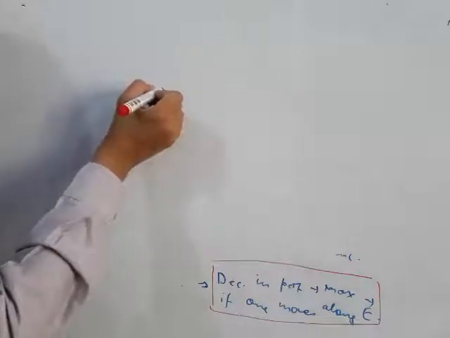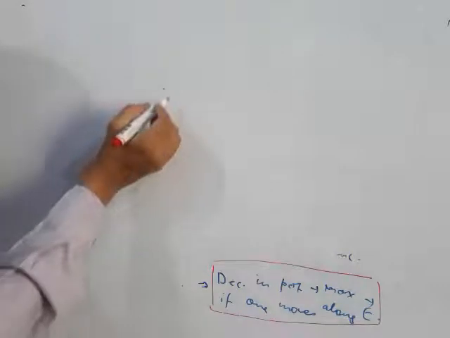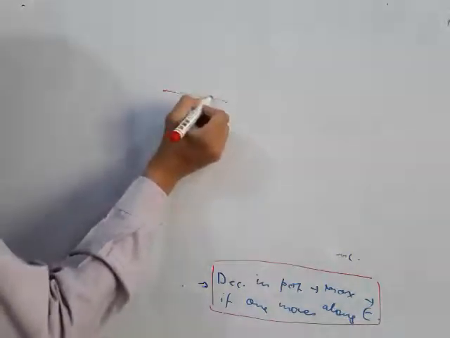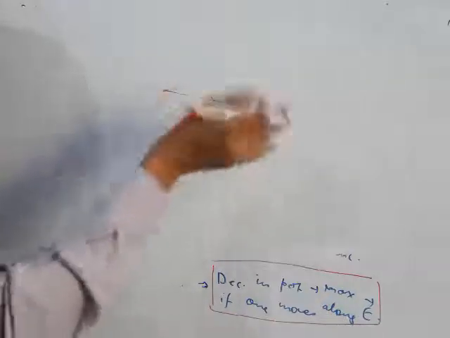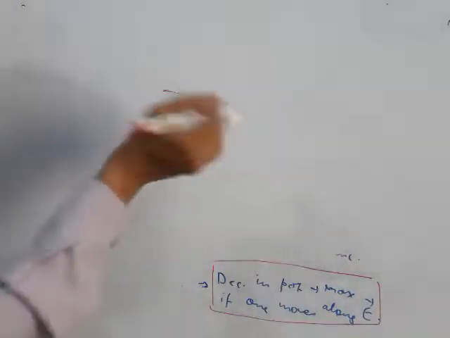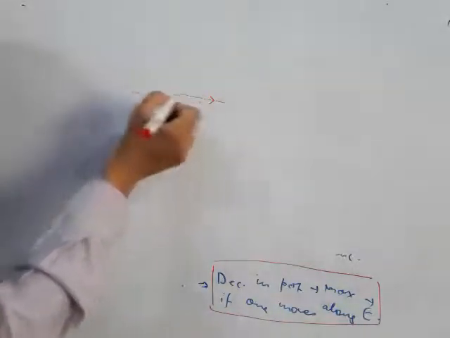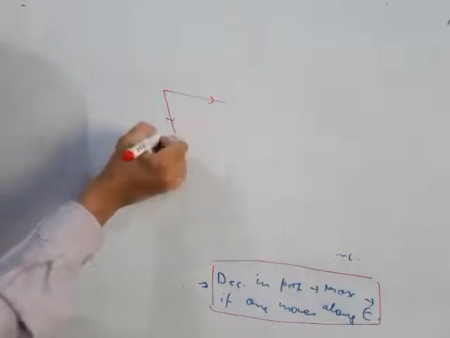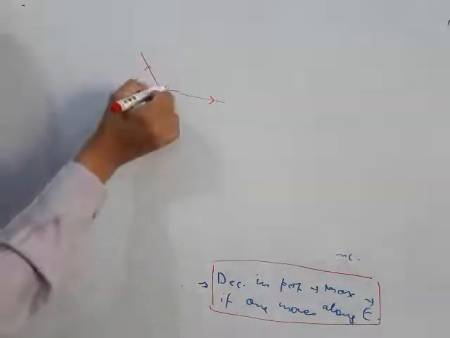Now from this point you are free to move in different directions. So you start moving, and while moving you record the decrease or increase in potential. That means you record the change in potential. You have some instrument, suppose, and you are recording the change in potential. You move in this direction, then after some time you move in this particular direction, then in this particular direction, then here, here, here.